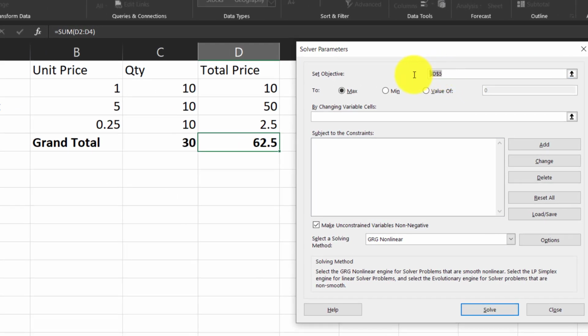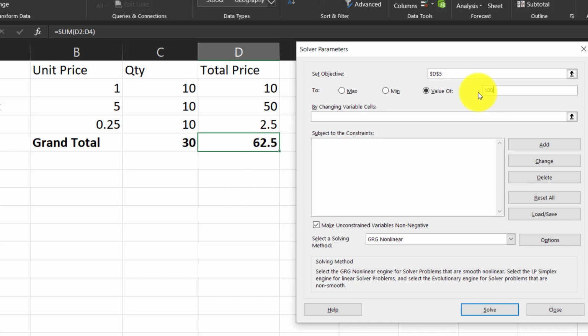Remember, it must have a formula that involves all the dependent variables that can be changed to get the answer. So this formula includes the quantity column as well. And the target value is 100.